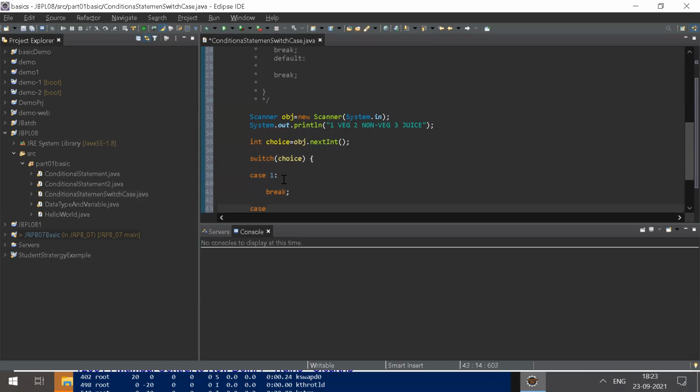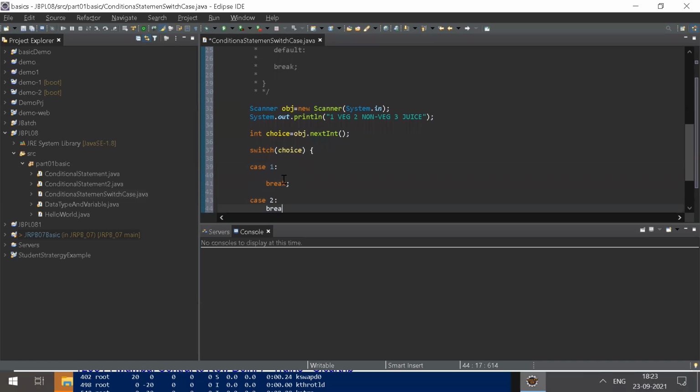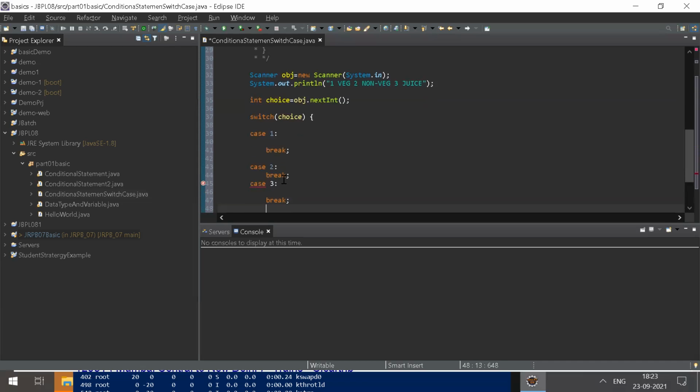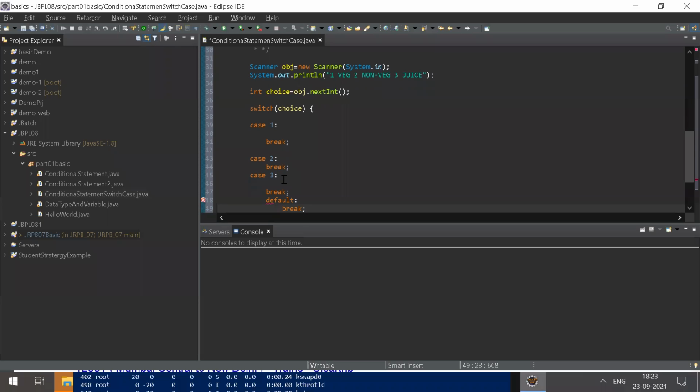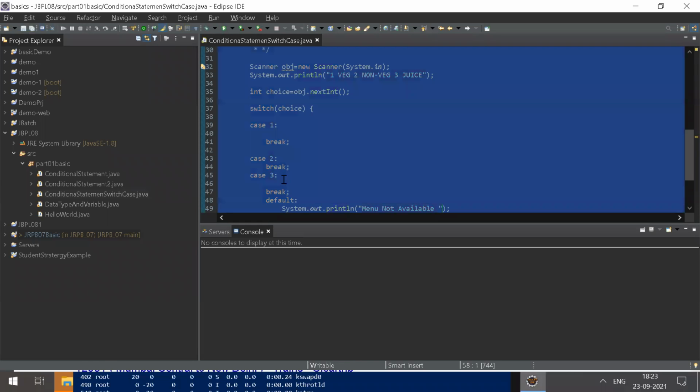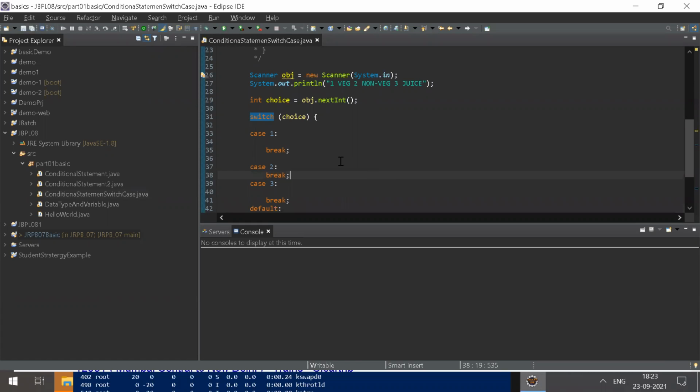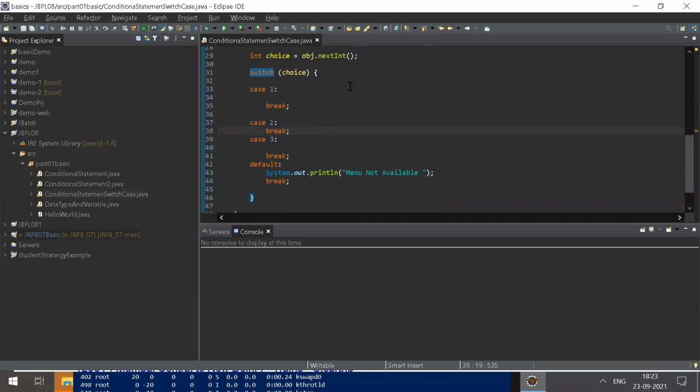Suppose we get case 2, it will execute the second block. Case 3 will execute this block, and for any other value, default will print and break. If the menu isn't available, I'll write menu not available. That's it. This is the syntax. This is a real-time example.